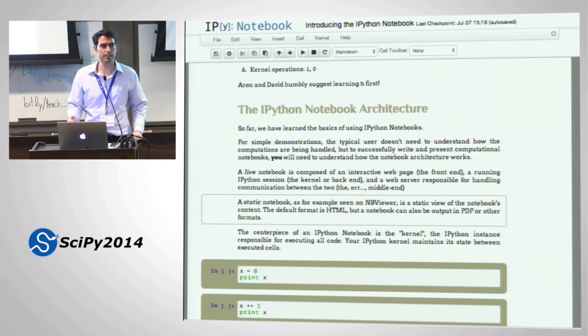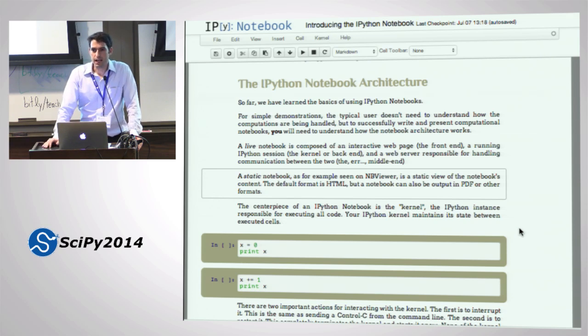Those have slightly different meanings, which we're not going to go into, but when we talk about the back end, that's the thing that actually executes code when you run code cells. And the back end is usually somewhere else when you're on a cloud. So if I'm on Sage Math Cloud, the front end is still on my computer, but the back end is on some machine in William Stein's basement. And so when I run a big simulation, he doesn't pay his heating bill in the winter, because that's all coming from his machines.